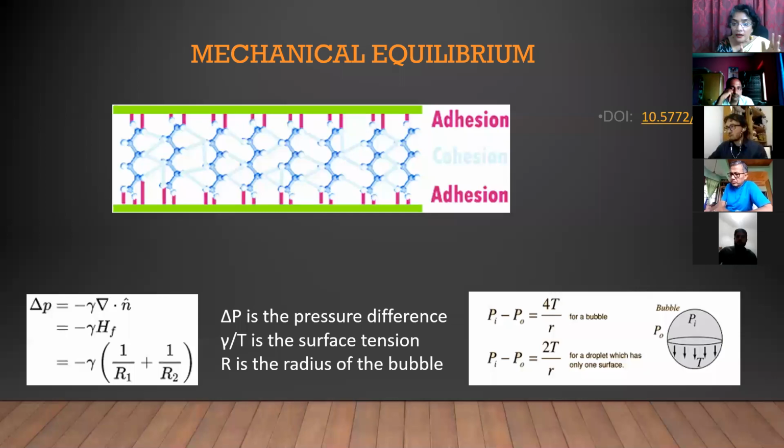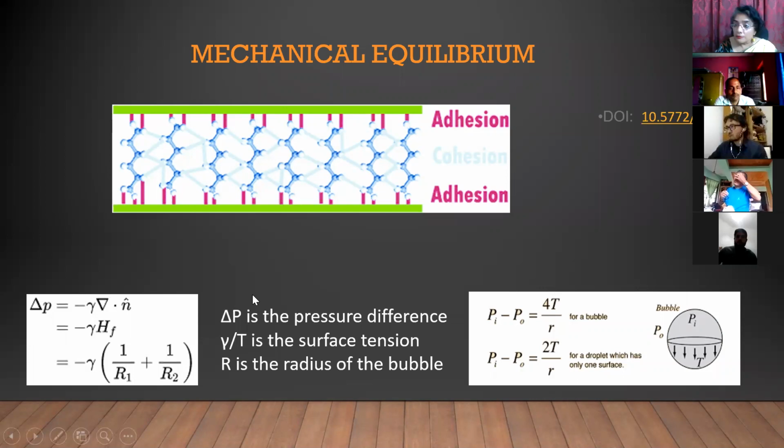What is interesting in this particular equation, what I want you to notice, is the following: the surface tension gamma out here, or T on the right side, is dependent on the radius of the particular drop that we are looking at. So it is a curvature related property. It's not just related to the intermolecular forces. It is related to the curvature of the drop. So depending on the two radii R1 and R2,